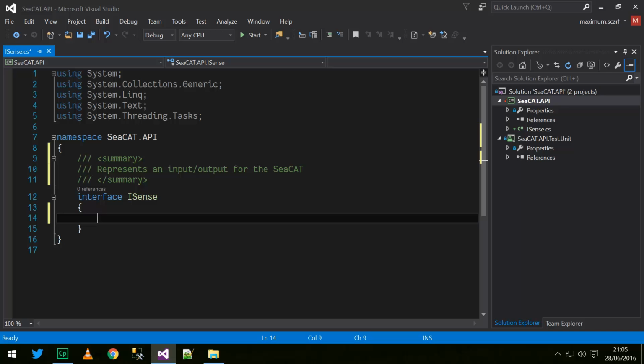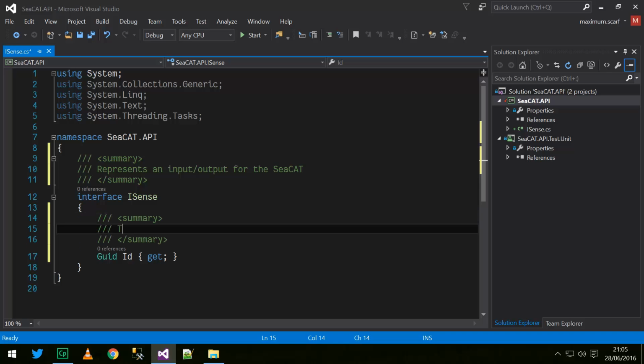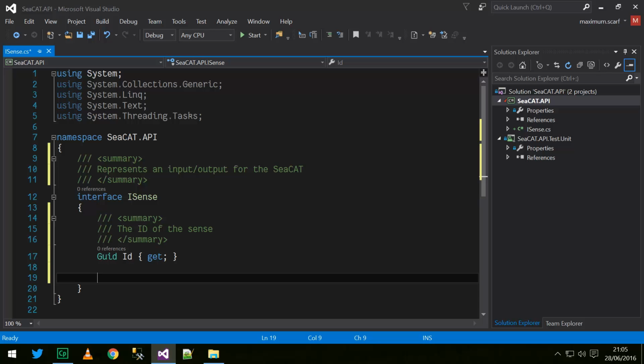So for that, we're going to use a GUID, and it's going to be the ID. A GUID is a guaranteed unique identifier or something, and this is the ID of the sense. Nice and simple. Now, what else do we need? I honestly don't think we need much at this point. However, what I am going to do is give it